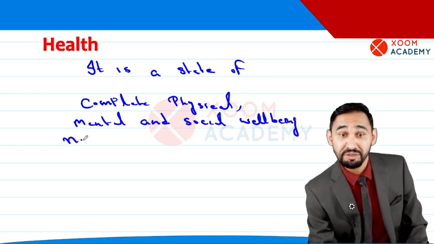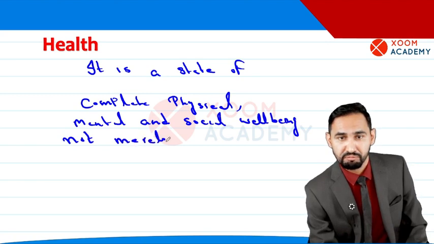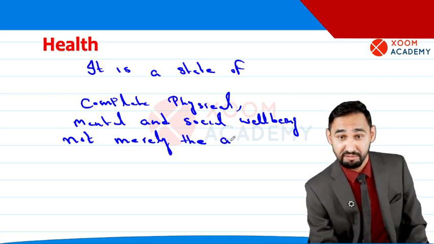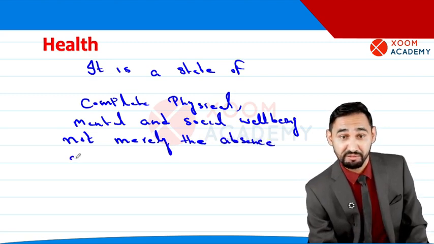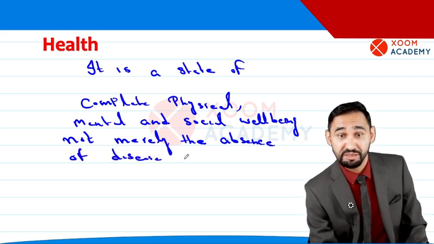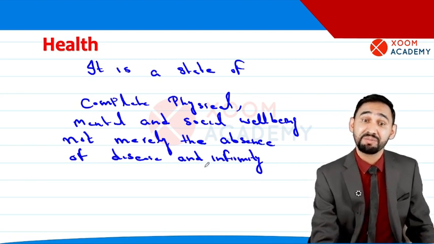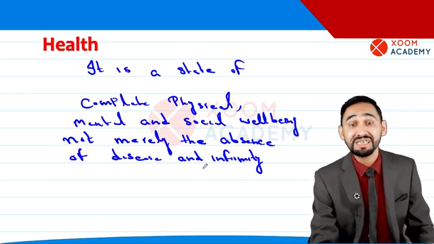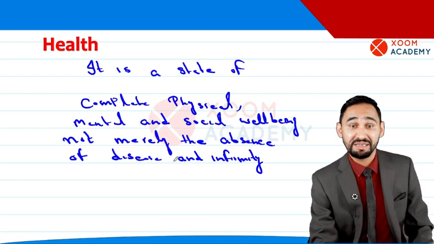Not merely the absence of disease. Absence of disease is not health. All these elements should be present, and infirmity or disability. A person is said to be healthy if all these three dimensions are present. He is mentally healthy, he is socially healthy, he is physically healthy. Let's discuss